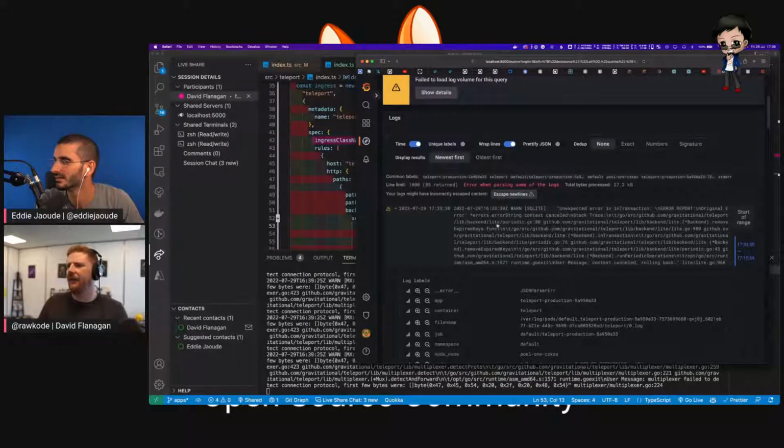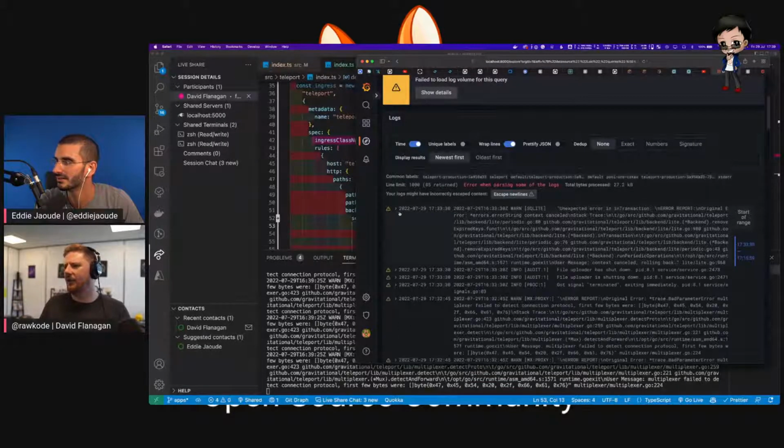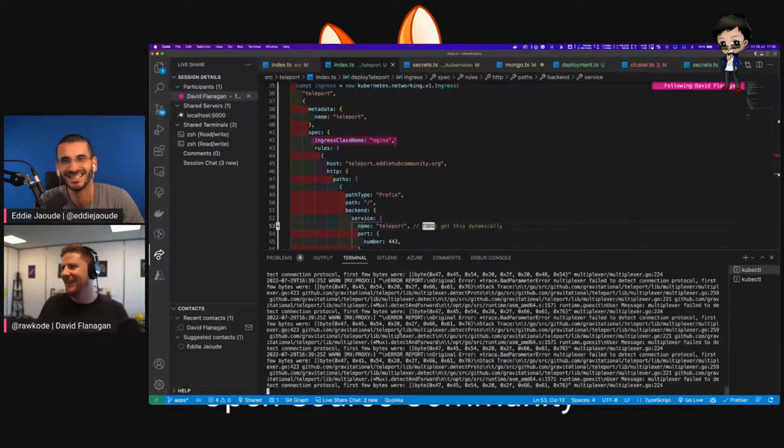Okay, so it's saying that it failed to detect the connection protocol. I have never seen this error message before. I'll need to ask Ben before we go live on our next session. That sounds good. But I don't think it's us. It's now very much teleport that is being annoying. But it did get a Let's Encrypt certificate, and it was able to start most of the services. But then we're getting